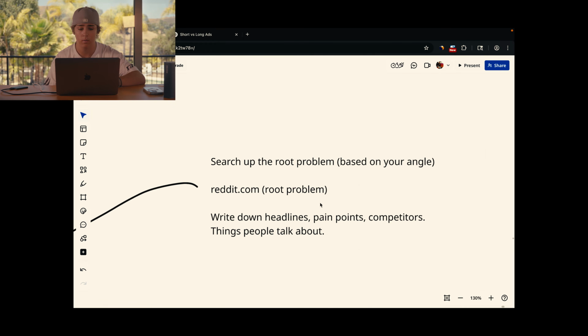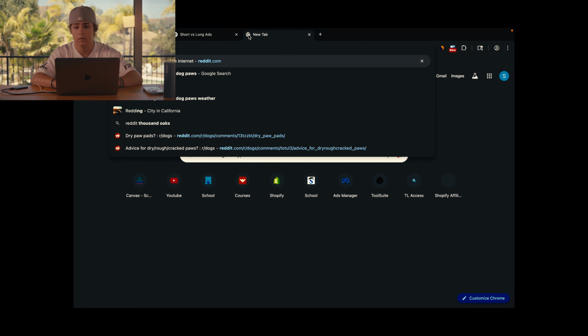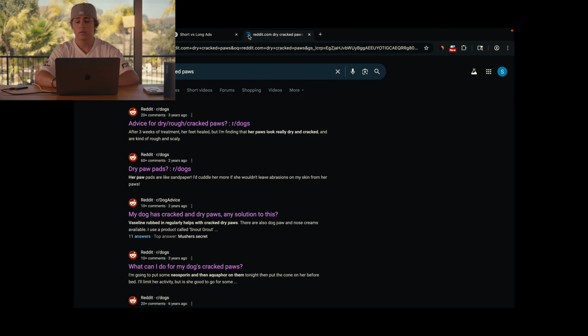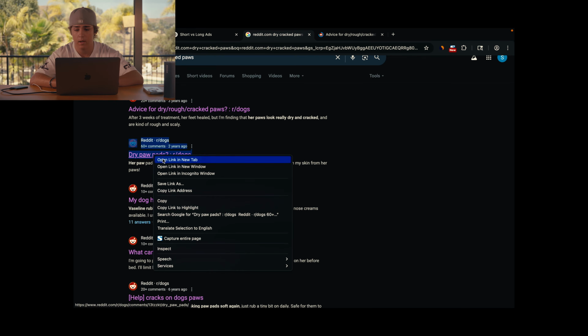Search up the root problem based on your angle. I'm going to show you guys an example from a product that I use, but basically we go to reddit.com. I'm going to use an example. So my product was a paw balm. The main pain point was dry, cracked paws. So I'm going to type that up, and we're going to look for different Reddit threads that have at least 20 plus comments. So right here, for example, open link in new tab, dry paw pads,